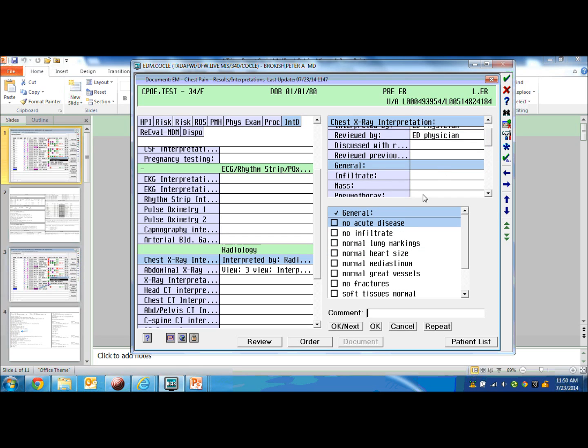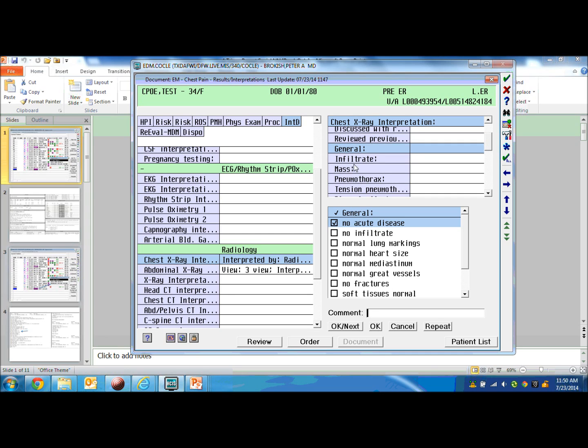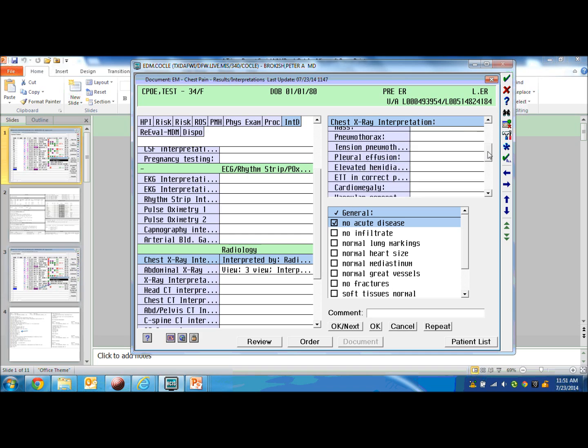Now, going to general and saying no acute disease and being done is not sufficient information to bill for that x-ray. It needs to have probably at least 3 to 4 elements of that x-ray. You can say no infiltrate, no pneumothorax. You can then go down and say no cardiomegaly, no vascular congestion, whatever you want. But I'd expect to see 3 or 4 things documented, because the hard part with the x-ray specifically will be,